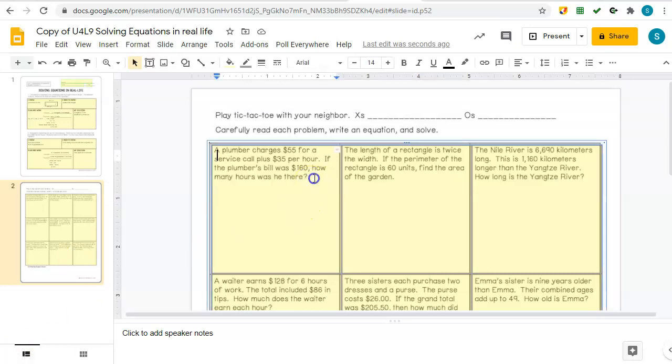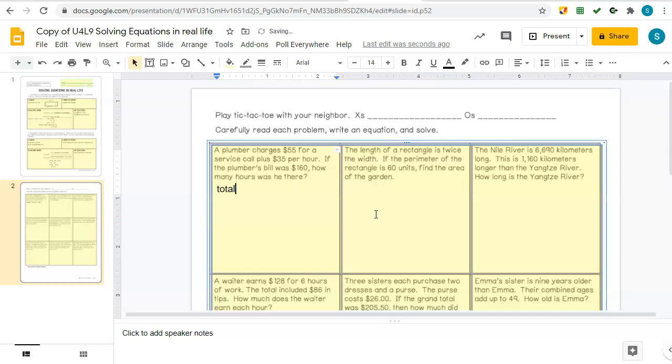Okay, so let's go ahead and read this one. A plumber charges $55 for a service call plus $35 per hour. If the plumber's bill was $160, how many hours? So the total had to equal the service call plus